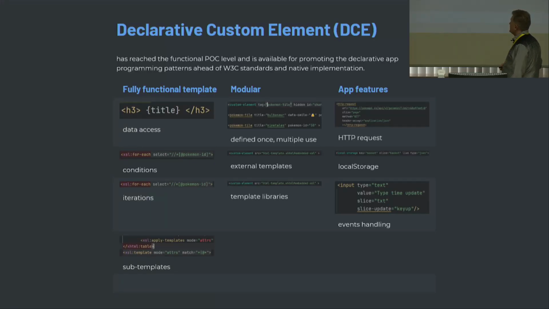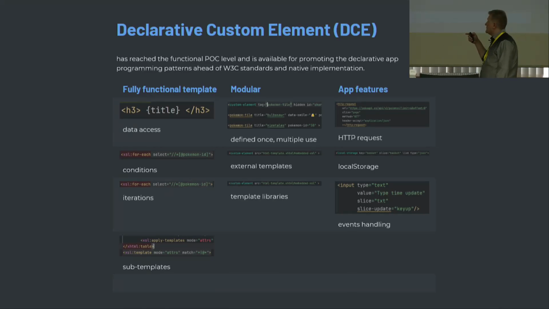So it is a fully functional template. As mentioned, it's XSLT based. No limits there. It allows modular development, which gives you the ability to create libraries and reuse them. It has data access for